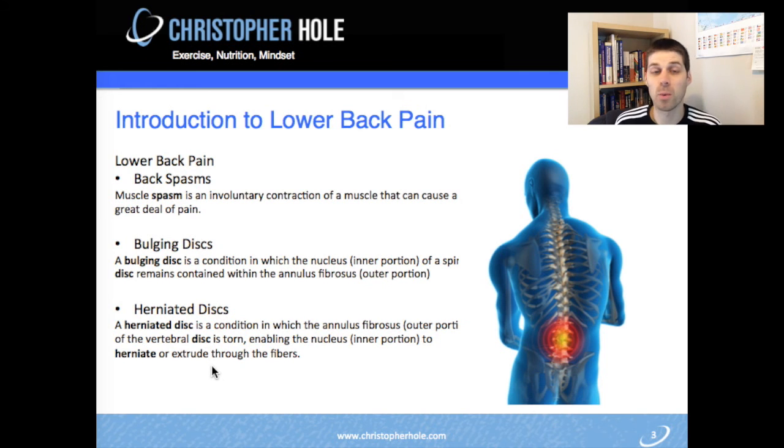But for the most part, we want to be keeping our natural curve in the spine, keeping the tummy locked in nice and tight, and using the hips to move because they are ball and socket joints. But I'm starting to go off into a whole new subject, and I'll leave that for another video.